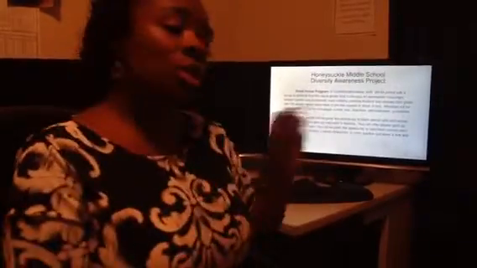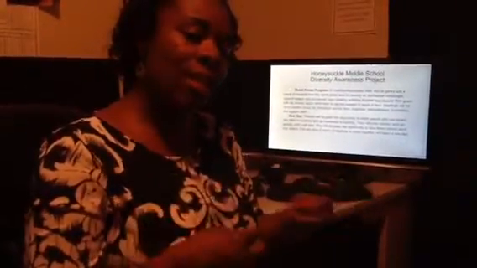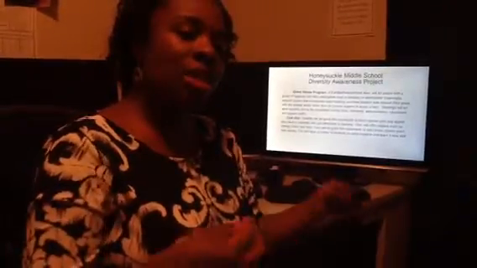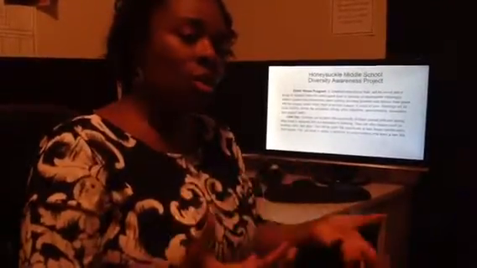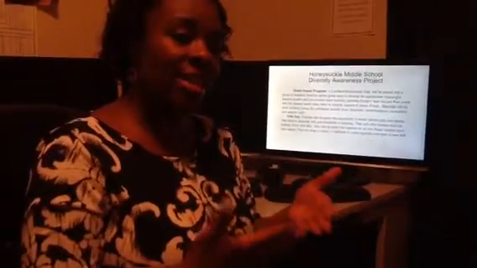So what we decided to do was find ways to raise that score. When looking at our school, we realized that the problem was females were scoring higher than the males. In addition to that, our white students were scoring higher than our African American students. So we are now facing a breakdown in diversity, and therefore it's affecting our test scores. So what we decided to do in this class, we had to come up with ways to bring diversity and bring the students together. So what we decided to do was come up with 6 or 8 different things.